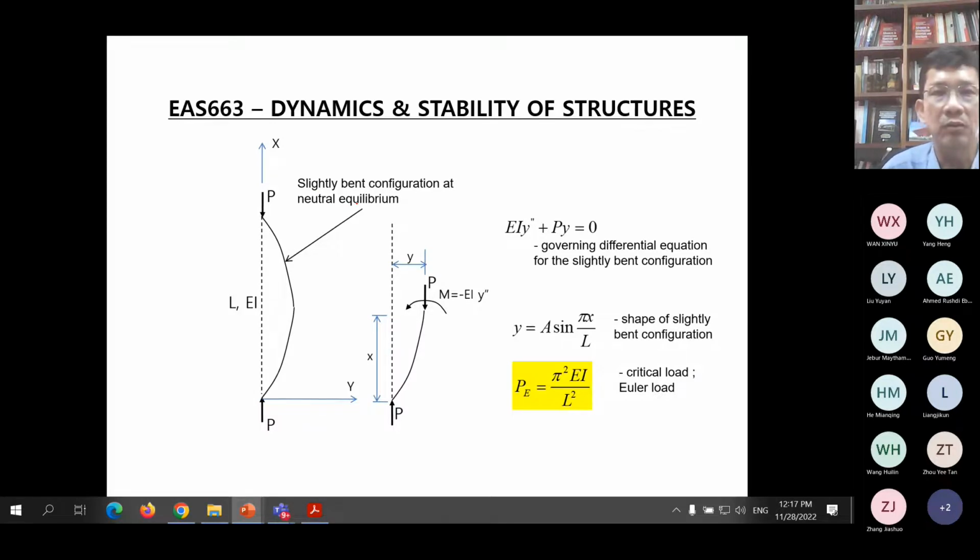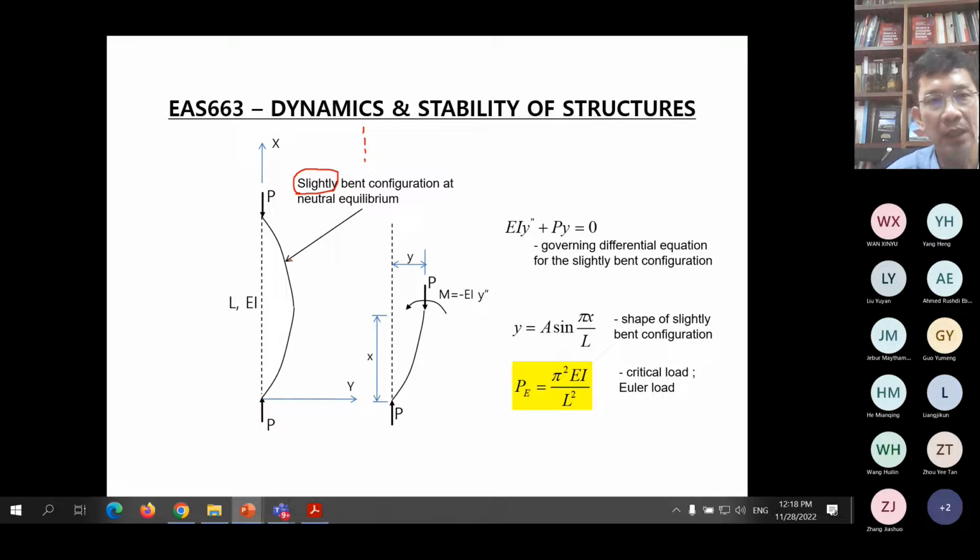So class, for the method of neutral equilibrium, the first thing that we have to do is sketch, or approximate, this slightly bent configuration at neutral equilibrium. This is actually only slightly bent, but it is drawn in a highly exaggerated manner. We magnify it many times, because if we draw it slightly, then we don't see anything. So the important thing to take note of is that to use the method of neutral equilibrium,